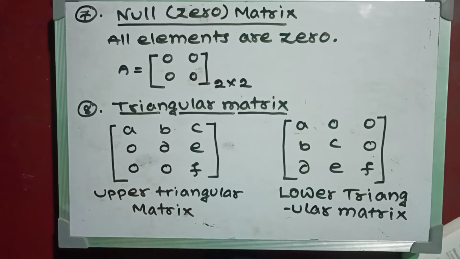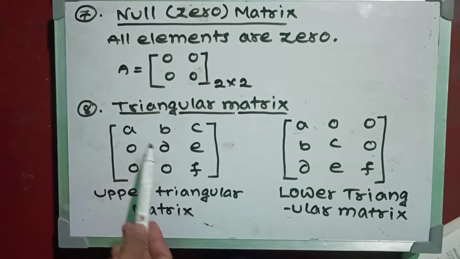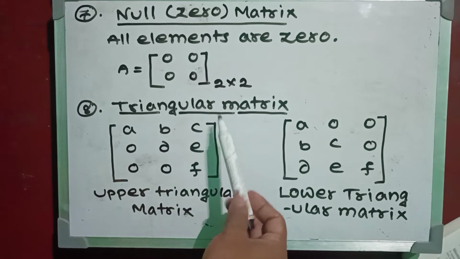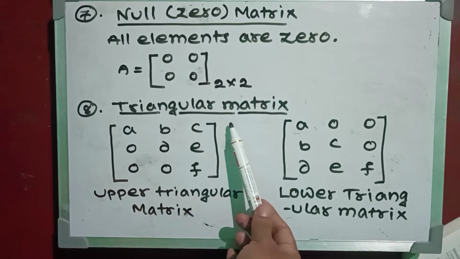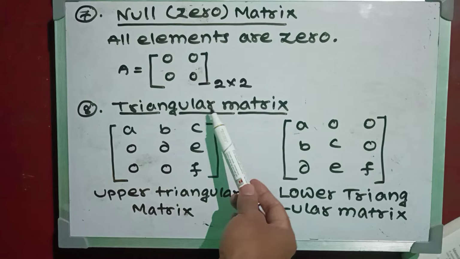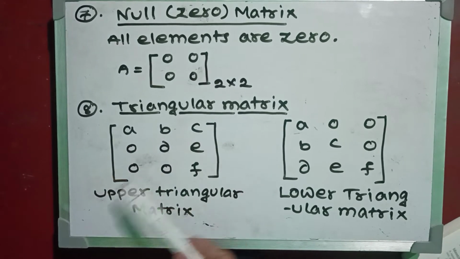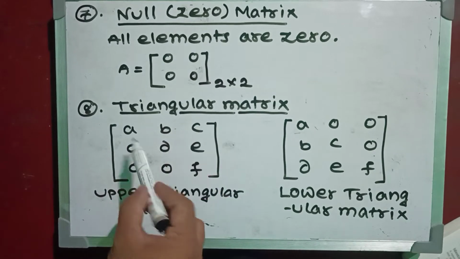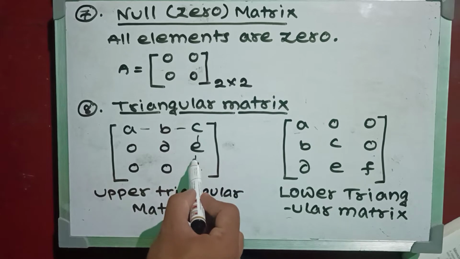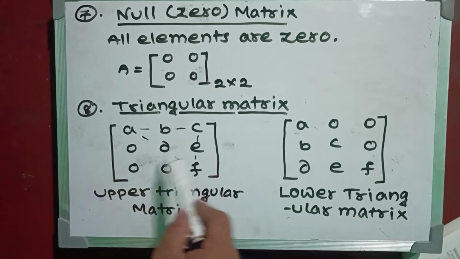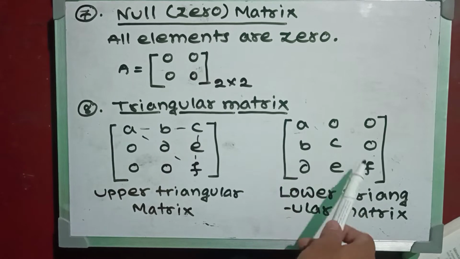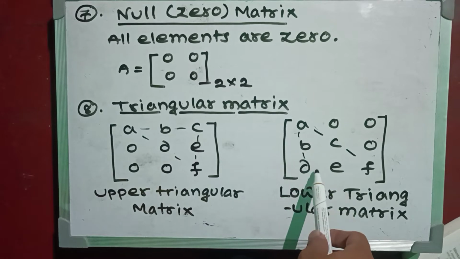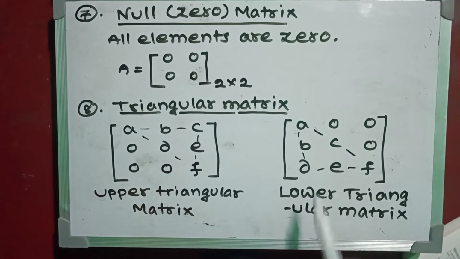What is triangular matrix? In a triangular matrix, if you closely observe the diagonal elements, if the non-zero elements are present above the diagonal, so it's a diagonal, and above the diagonal all the elements are non-zero, then it will be an upper triangular matrix. As you can see here, it's taking the shape of a triangle. It's taking the shape of a triangle, that's why it's called a triangular matrix. And it's a lower triangular matrix if the non-zero elements are present below the diagonal. So it's a diagonal, and below that diagonal all the elements are non-zero, so here it will be a lower triangular matrix.